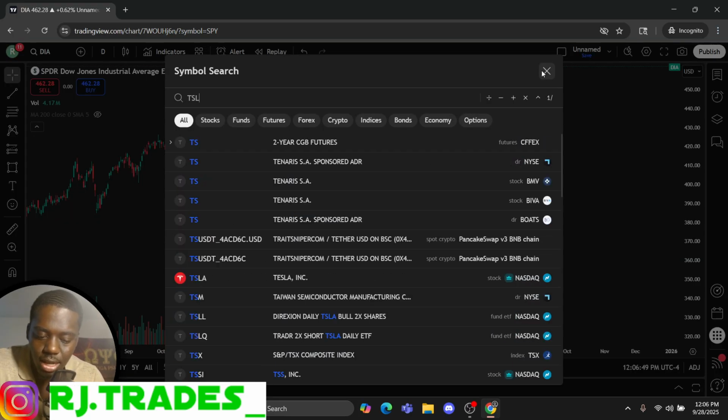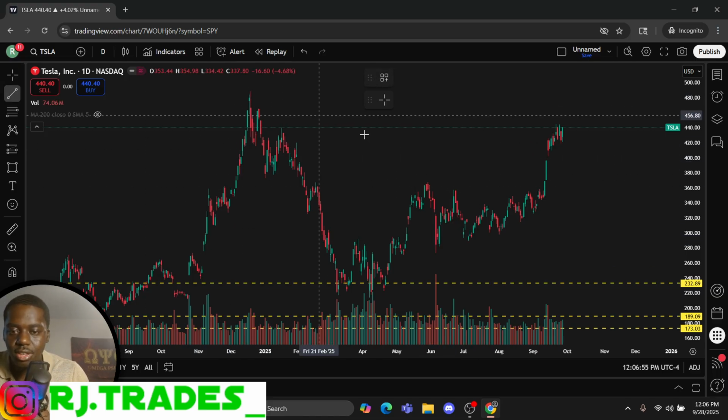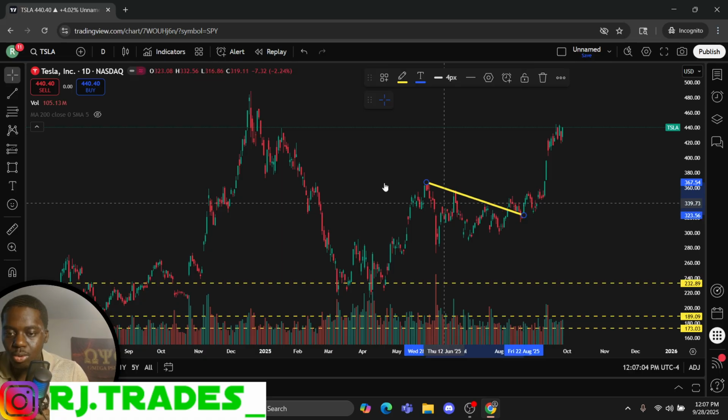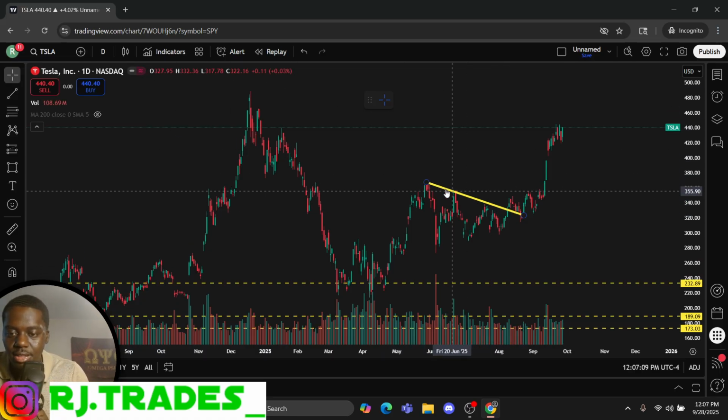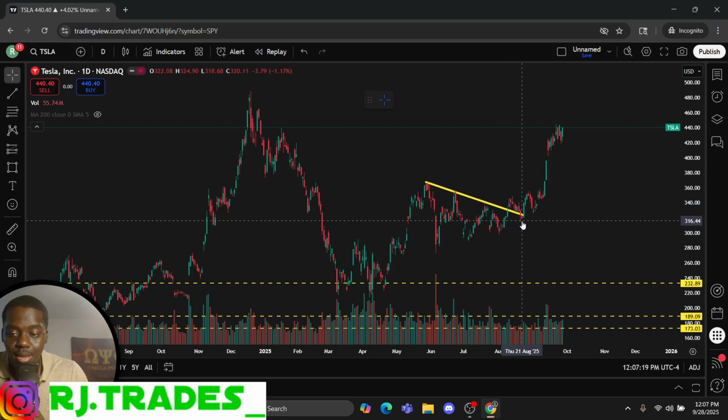I'll show you Tesla. Y'all like Tesla. Everybody loves Tesla when it's going up, right? Look at Tesla. Notice here that Tesla had a line that it had trouble breaking to the downside. This downward trend line. Every time it was getting up here, it was getting smacked. Boom, came down. Boom, came down. Came down. Right here, it broke out. It came back down again.